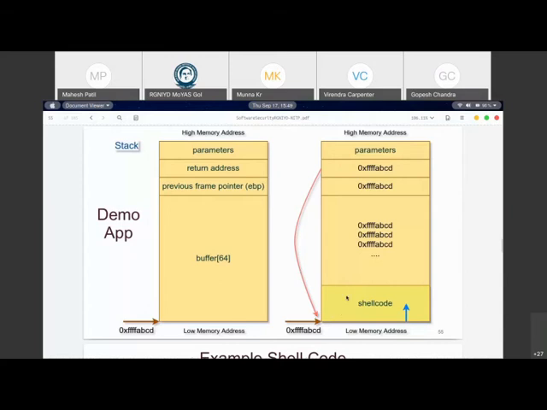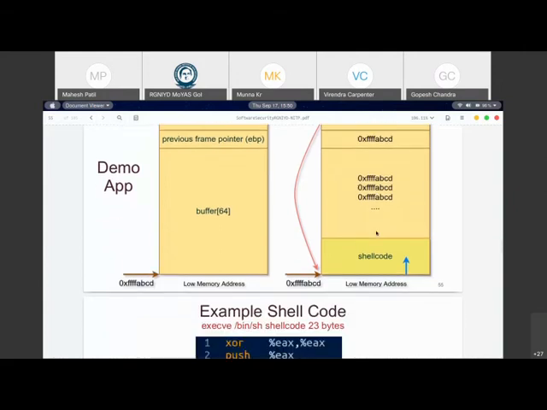And what is there in this piece of code? It is nothing but our shell code. So essentially, it means we are now able to execute this set of instructions which we have sent as part of the input to this buffer, and we can now execute our piece of code.